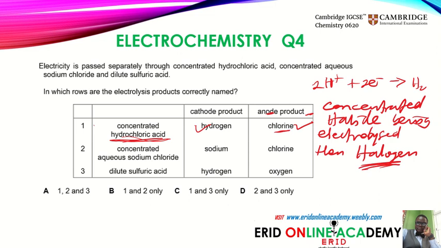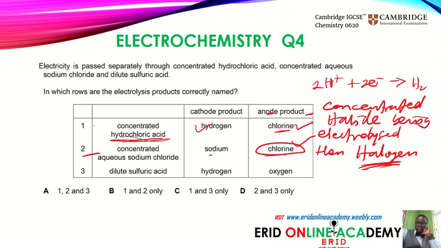Halogen will be discharged. So in this case, 1 looks correct. Now let's take a look at B. 2. Concentrated aqueous sodium chloride. If you take the anode, because it's concentrated sodium chloride, yes, chlorine will be discharged. That's correct. But at the cathode,